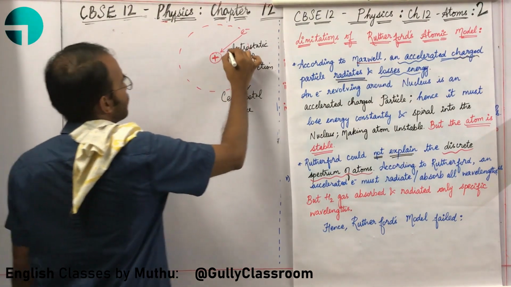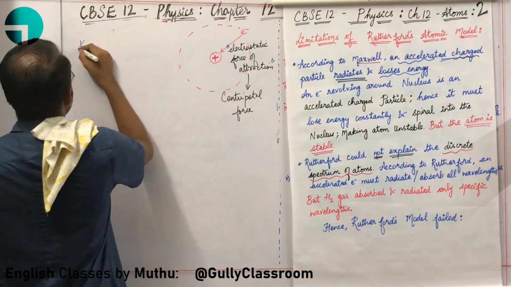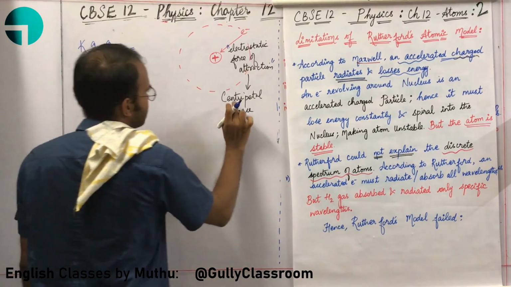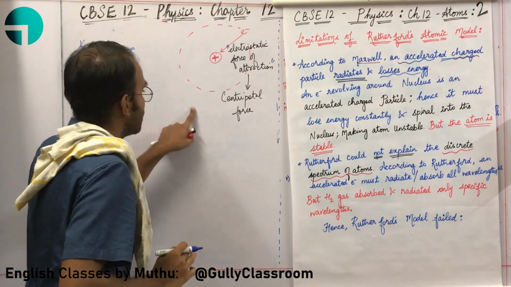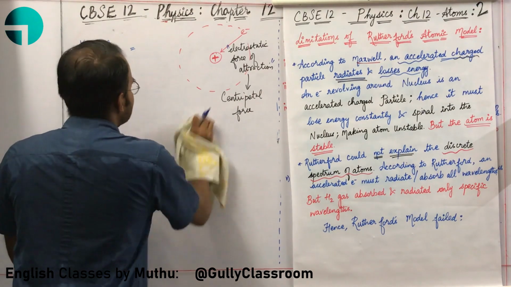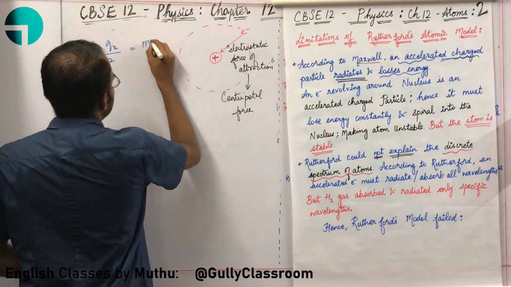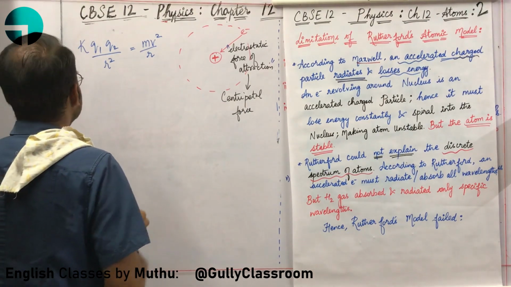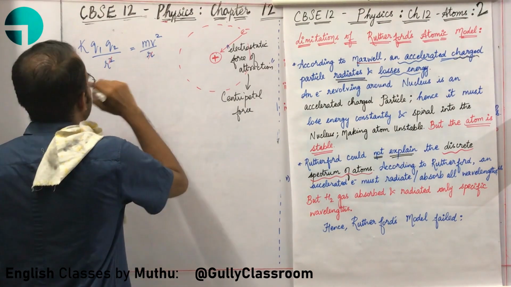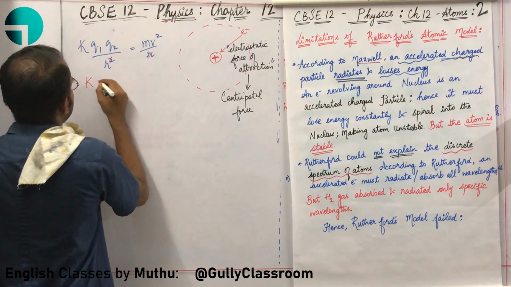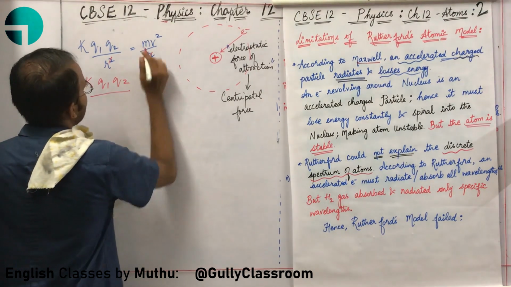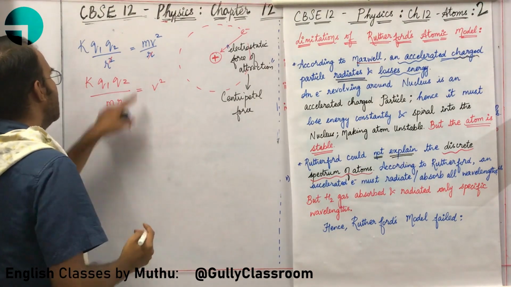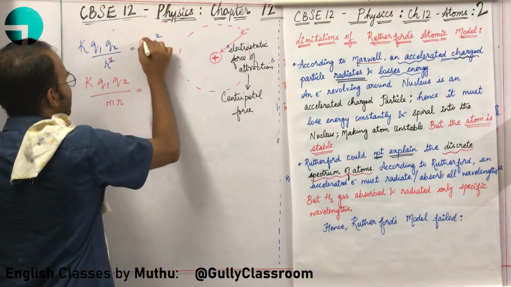What is the formula for Coulomb's force or electrostatic force of attraction? K into Q1 Q2 divided by R square. Here it is matched with centripetal force. This has already been studied in 11th standard physics. Centripetal force is mv square divided by R. So we can equate both of these values. We will cancel R and R. So I will write K Q1 Q2 divided by m R is equal to V square. I have brought this m over here.